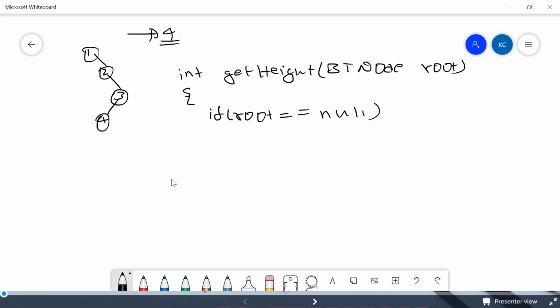So what will be my height, guys? Let's say I want to denote that it is an invalid input, so I'll return -1. What you have to return, either 0, -1, or -100, everything depends on the problem description, guys. I'll be showing that to you. Okay. So in this case, if root is equal to null, then you are returning -1, which means there is no height existing for that tree.